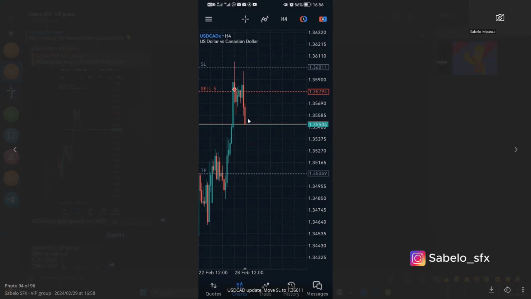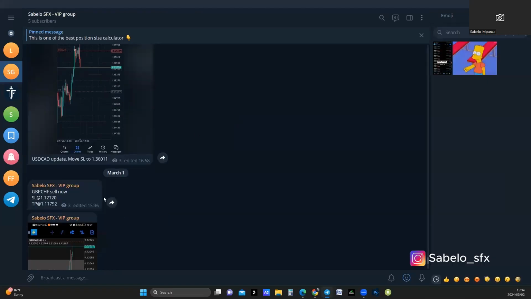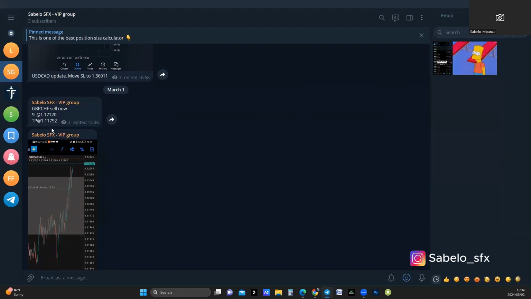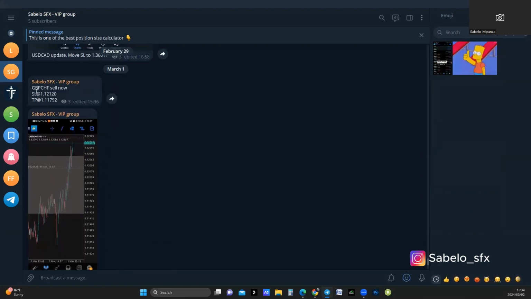This one is even running because it's also spiked on Friday and then also came down. So it's still here as we speak. But if you are in my group, you can just close this one because we've been holding for so long now. Okay, so you can close a 1:1 risk to reward trade. Okay, the last signal was